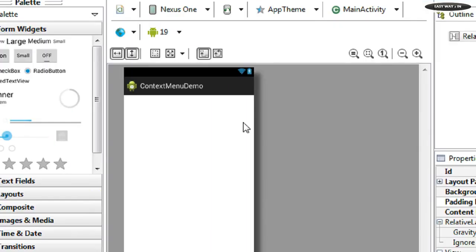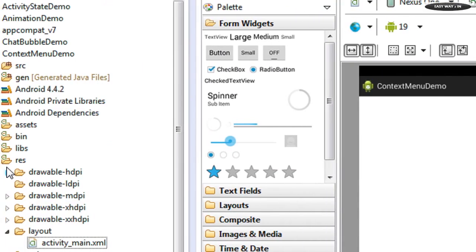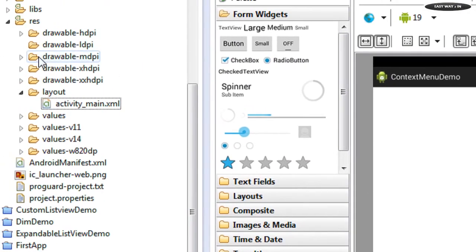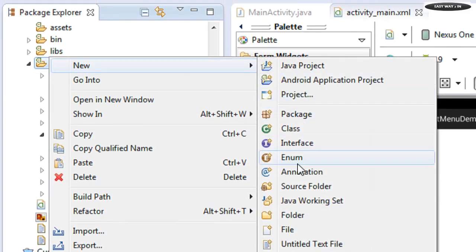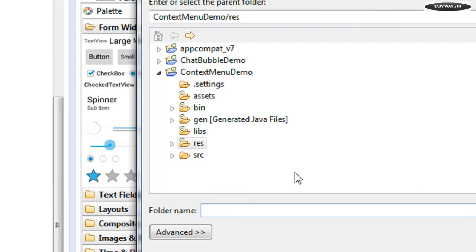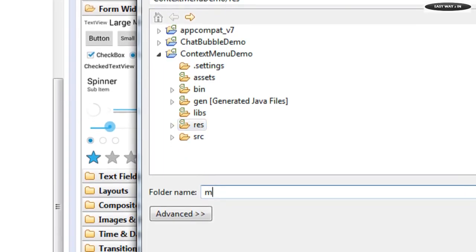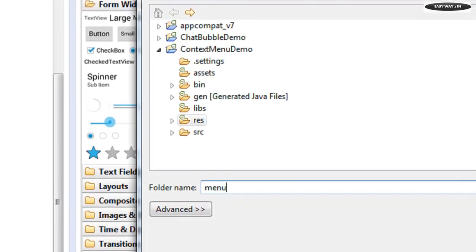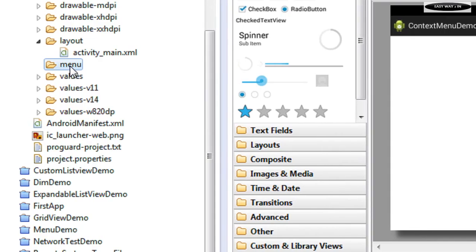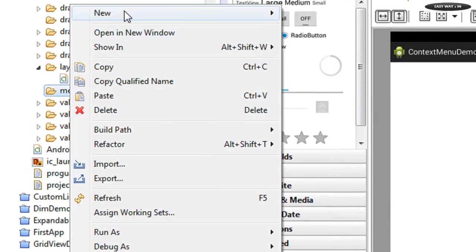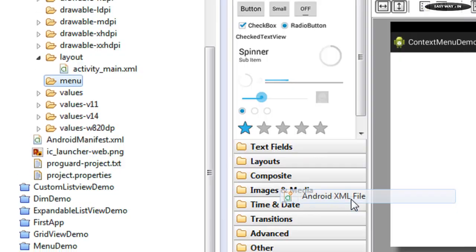The first step is to create the layout for our context menu. Go to the resource folder and create a new folder under it, and I name it menu and click finish. Now we have a new folder under the resource folder. Now we have to create a separate XML file for the menu. Right click this folder and create a new Android XML file,